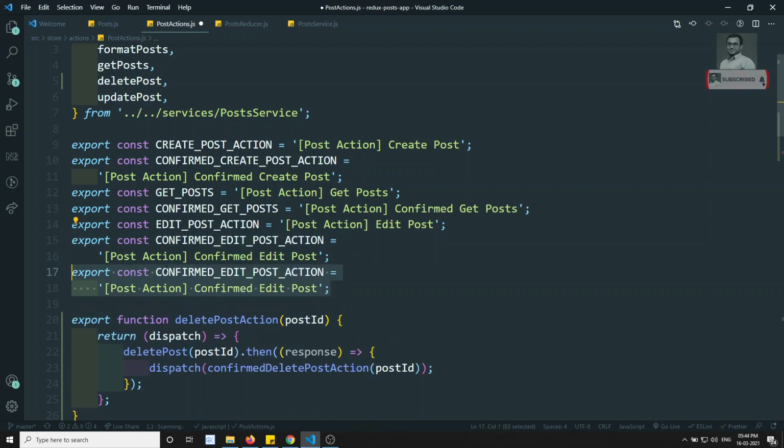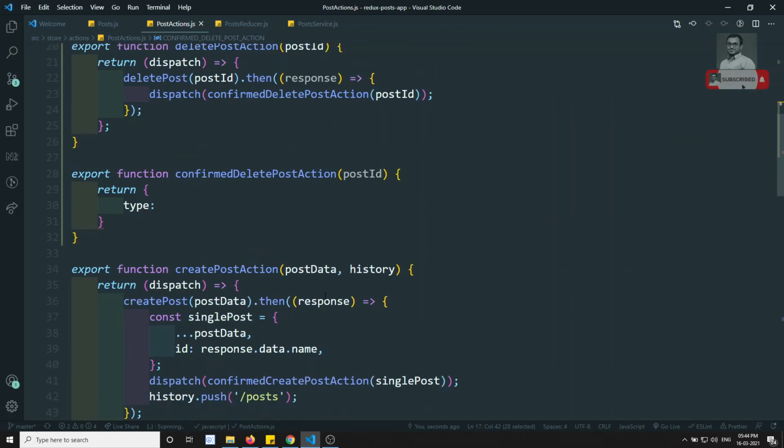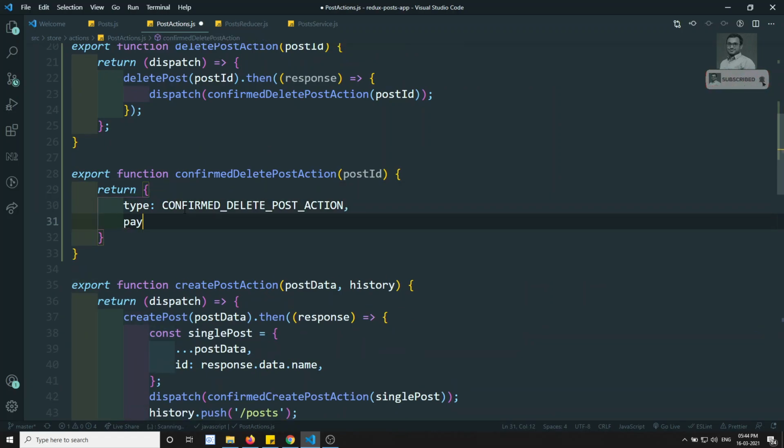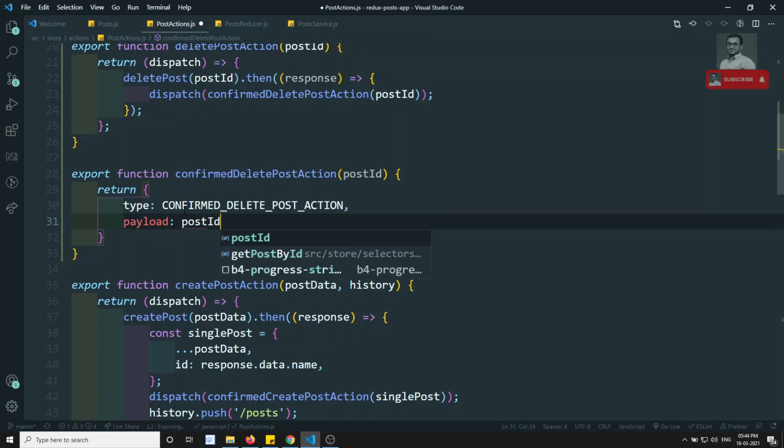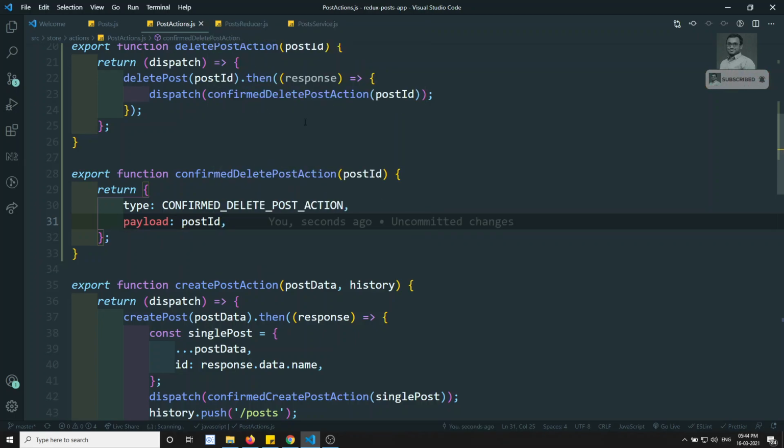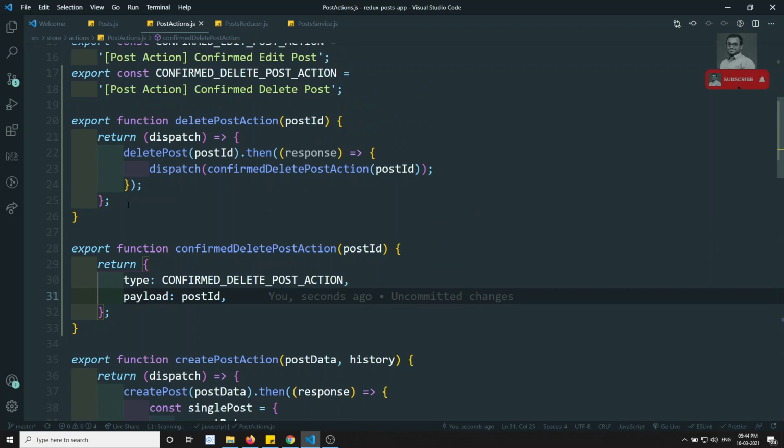I can change it to DELETE_POST_ACTION, and here also I can write CONFIRMED_DELETE_POST. So we can copy it and paste it here, and in the payload we can send the post id. That's it. So now we are calling it in the dispatch. So we have created the action creators.